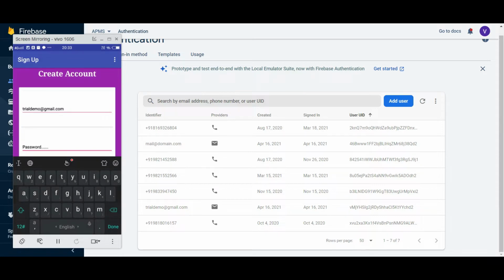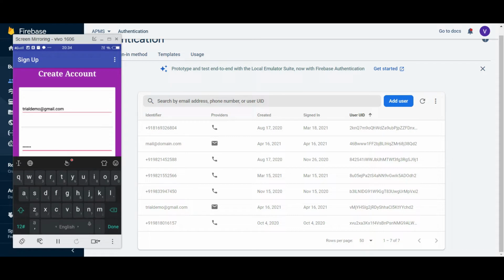You can enter any password. You have to create your own password for this email ID. I'm setting it to 123456. It should be a minimum 6-digit passcode, and it's not necessary to use mixed alphabets and numbers. You can use any password which you want.